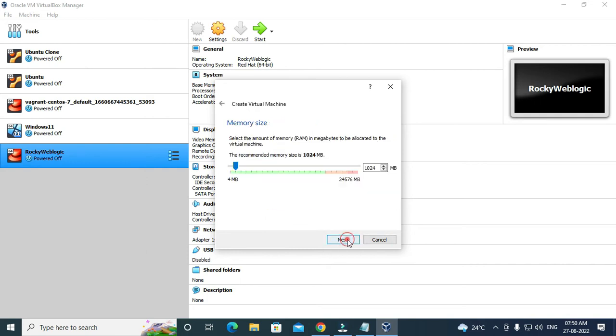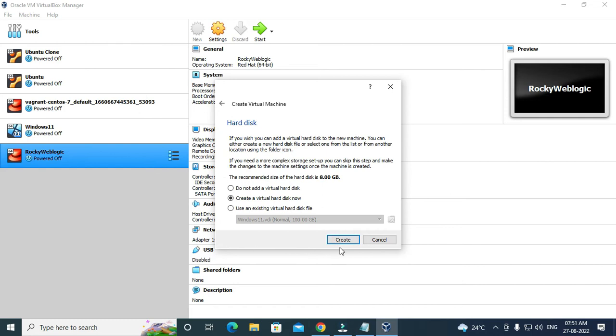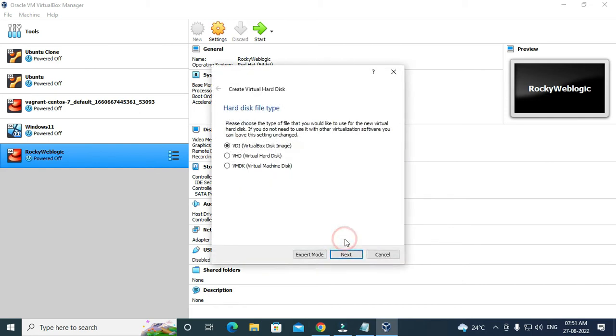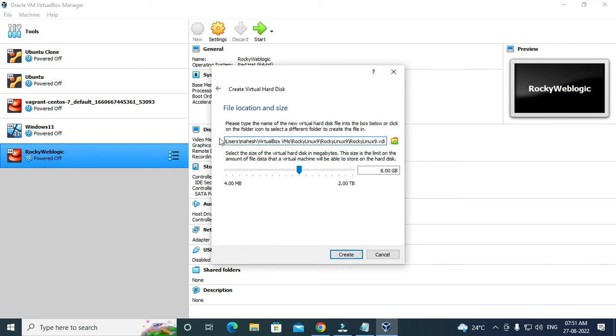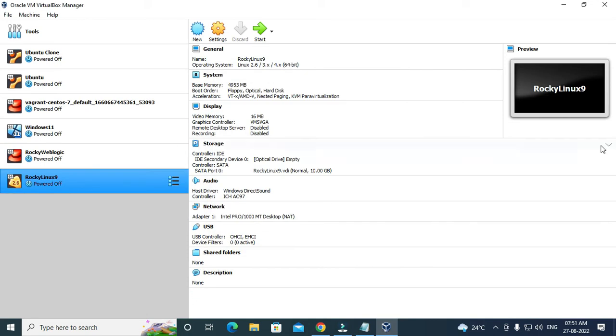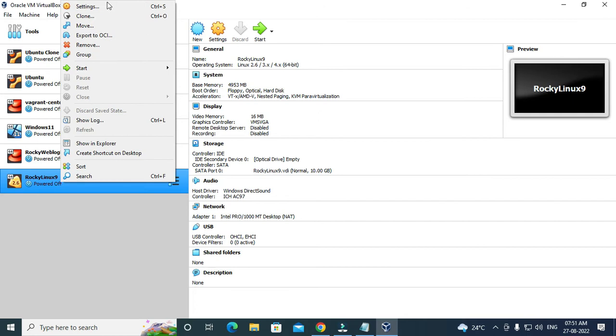So I'm clicking on next, and I'm going to give 4 GB memory. I'm giving next. I'm creating a virtual hard disk. Create. I'm creating a VDI image. Then dynamically allocating the space. So I have given a space of 10 GB for installation. So I'm creating it. So I have created the image,